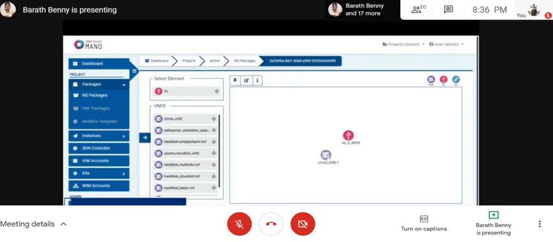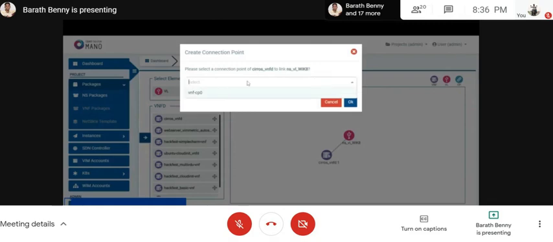Here is how custom packages can be created instead of uploading the descriptors. As mentioned, just drag and drop and it will be automatically created. Just shift and drag between two edges. Here we have automated the results for the connection point. Previously, the user needed to enter the connection point.